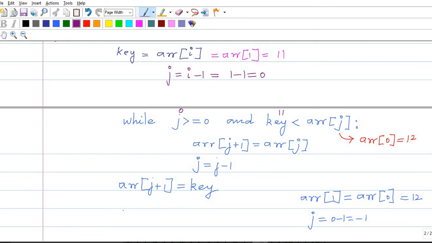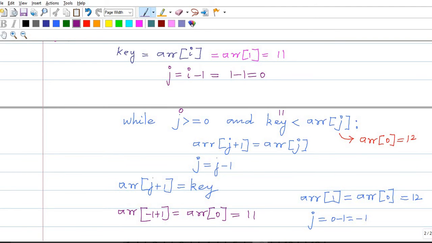And arr[j+1]: now the j value is minus 1, so minus 1 plus 1 is arr[0]. arr[0] is equal to key. What is the key here? Key is 11.